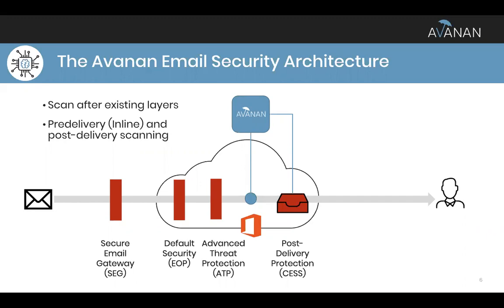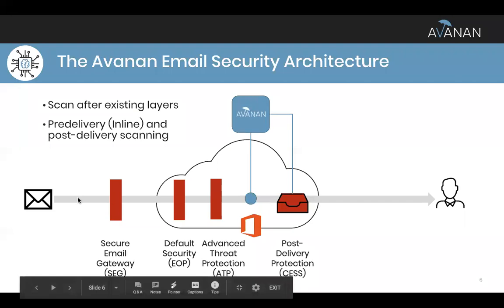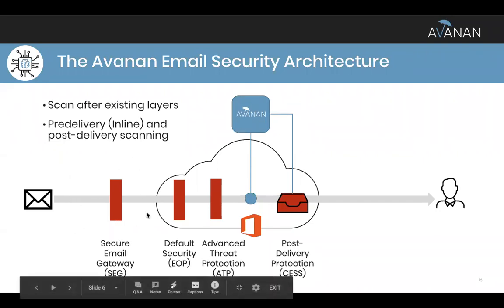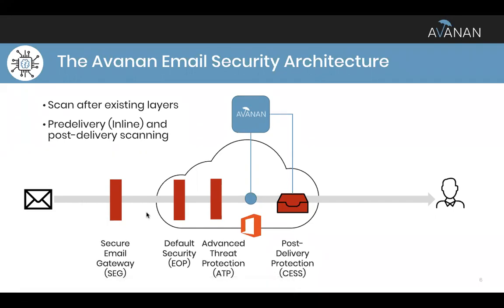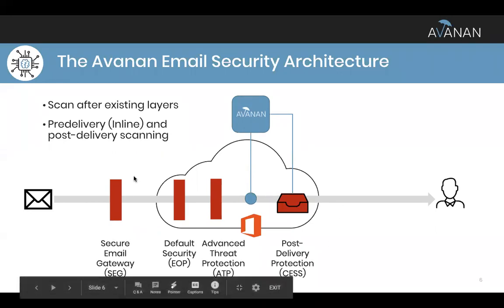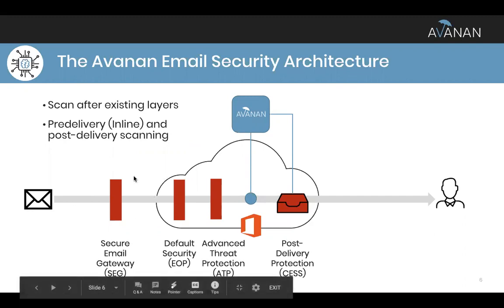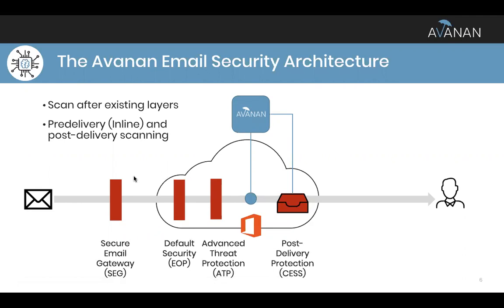But when email moved to the cloud, it changed things considerably, right? So sticking yesterday's technology in front of today's new innovations like O365 doesn't make sense because, for one, this sits out here in front of the cloud. That SEG or that MTA sits in front of O365, in front of Gmail. It's got zero visibility into what's actually going on within the cloud, right? That's a really important point. Things like compromised accounts, for example: if someone from Nigeria gets a hold of one of your users' credentials and logs into your account from Nigeria, this SEG has zero visibility into what's going on there. So that's one thing.